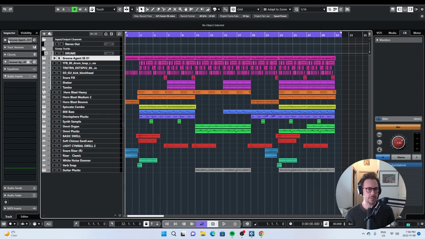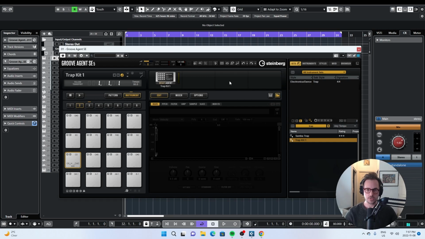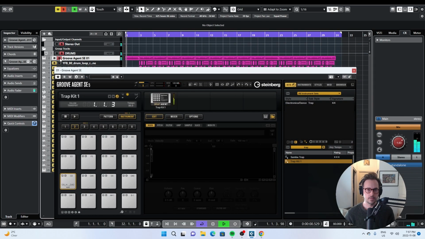First of all, drums up at the top here. I'm using Groove Agent. Let me just pull this up. So anyone who's a Cubase user is familiar with Groove Agent. Really easy to use and create custom drum kits with. As well, Cubase comes with a ton of its own kits, which all sound great. This particular kit that you're hearing, I'll just solo this.